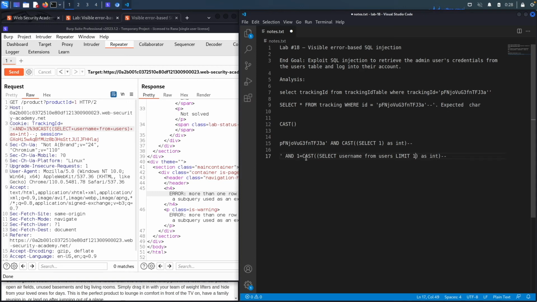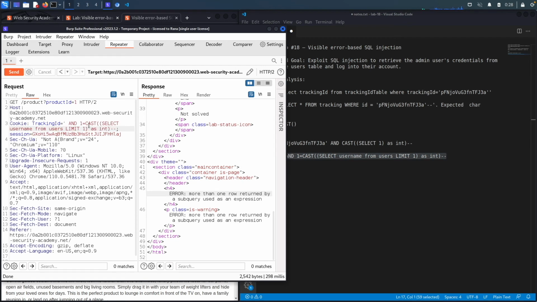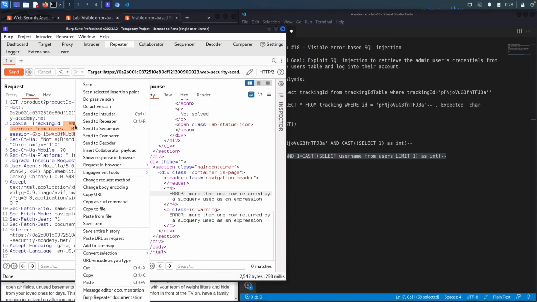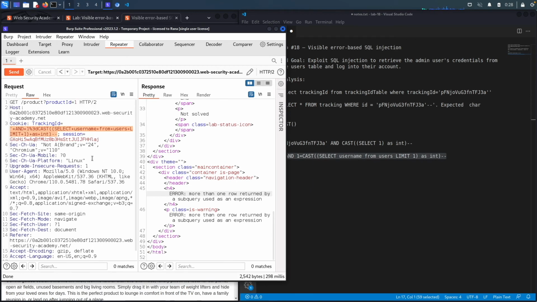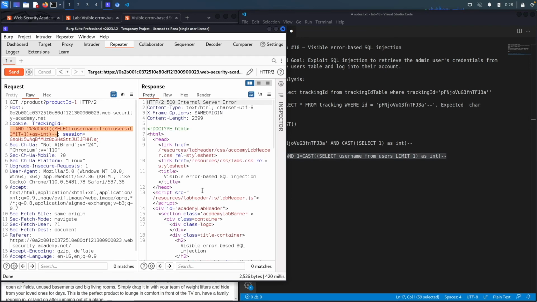So we're comparing one to be equal to the first username in the users table. Let's copy that and paste it in here. Now I'm really hoping that this is not above the limit, because if it's above the limit, we might be a little bit screwed because I don't know how to make this query shorter. So right click, convert selection, URL, and then URL encode key characters, hit send, and we get a 500 internal